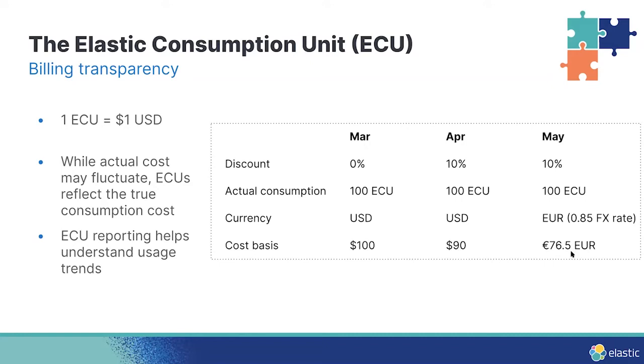So looking purely at your billing situation is going to make it hard to understand how your capacity actually changes. But as you can see, the capacity actually hasn't changed across the time. And being able to report in a normalized Elastic Consumption Unit simplifies the transaction of purchasing credits and also allows you to track the usage over time without the artifacts of different billing situations and credits and things like that.